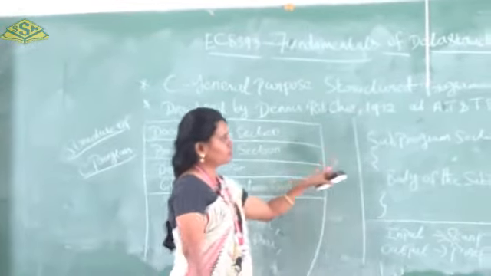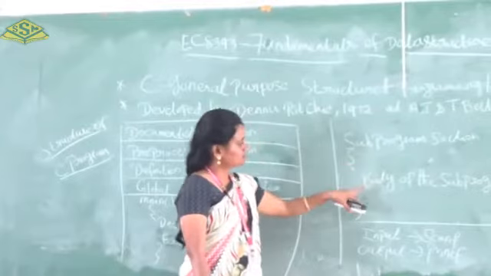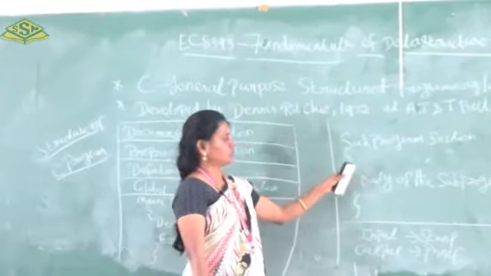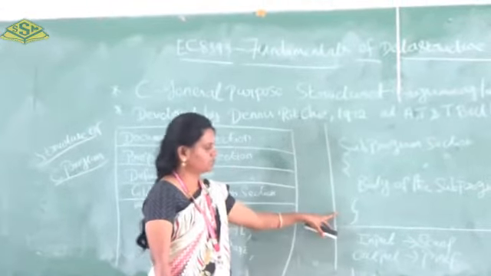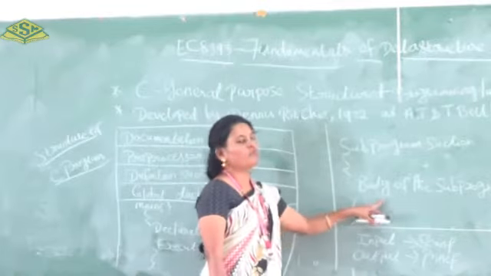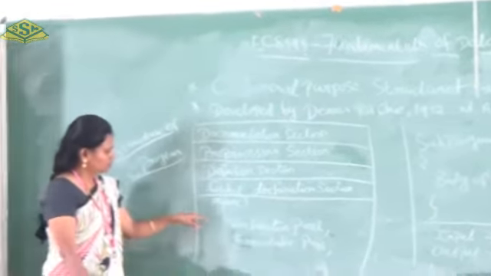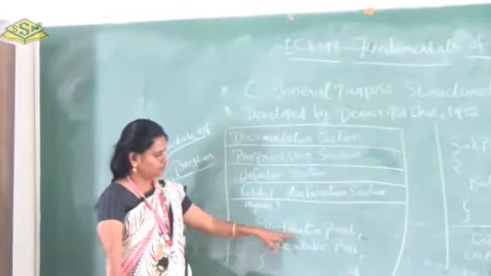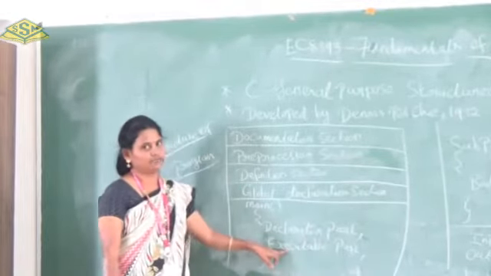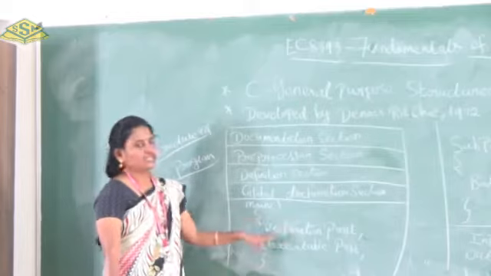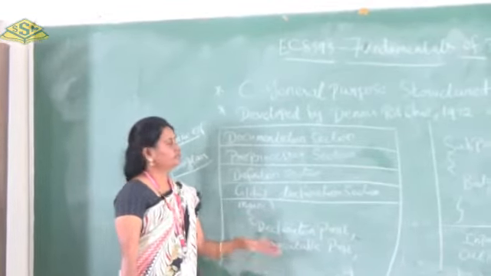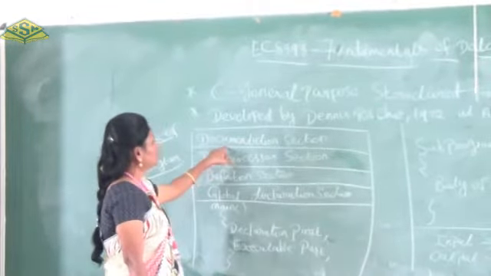Then we have the subprogram section. In this subprogram section, we have a starting curly brace as well as an ending curly brace. In between, we have the body of the subprogram. Here we have to know that in between we use the declaration part as well as the executable part. In this, each statement should end with a semicolon. Now we can see one by one.